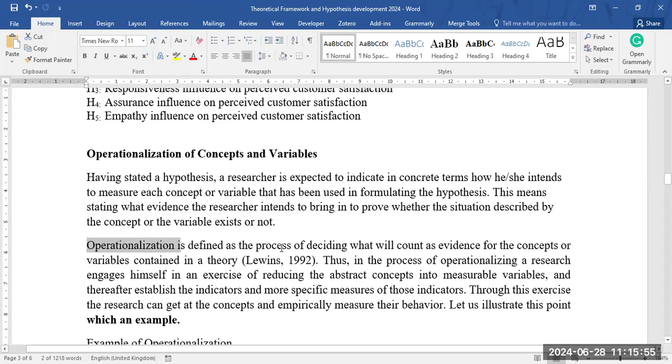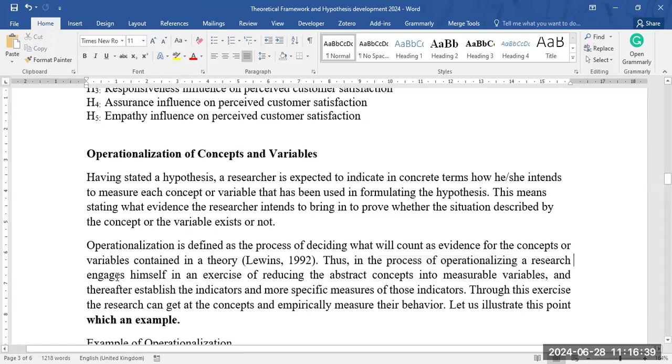Operationalization is defined as the process of deciding what will count as evidence for the concepts or variables contained in the theory. And the theory, the service quality, has 5 different dimensions according to our example, and what is the evidence available to show that the dimensions exist. Thus, in the process of operationalizing, a researcher engages himself